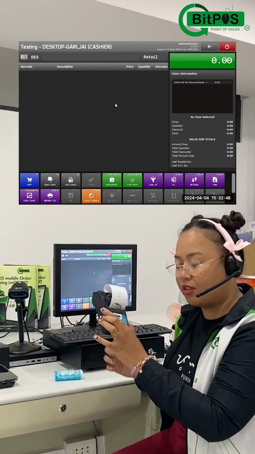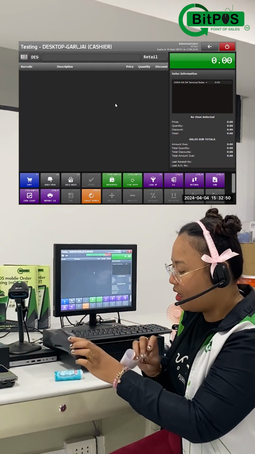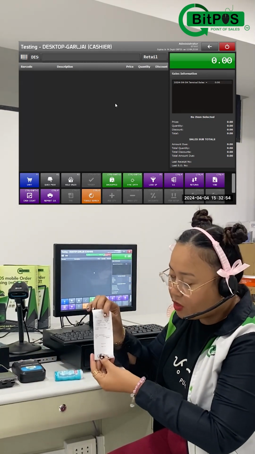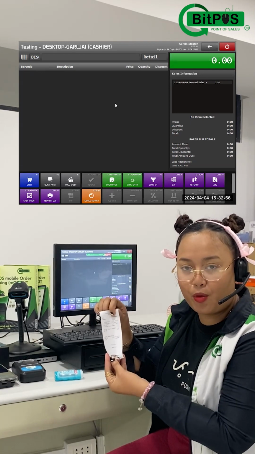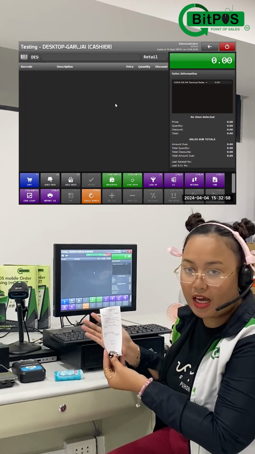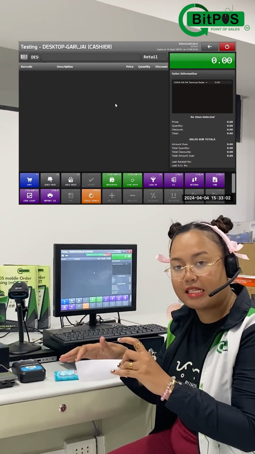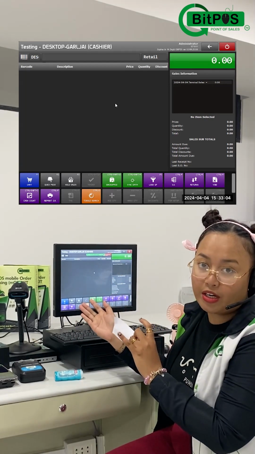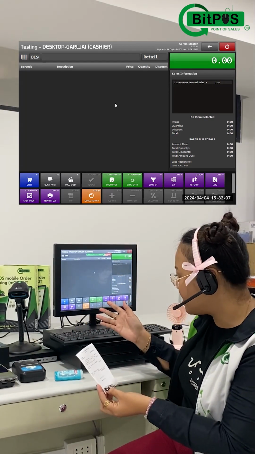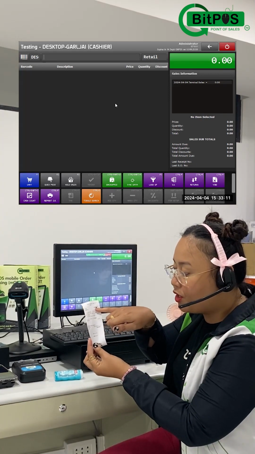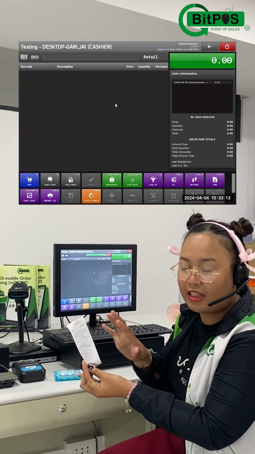Automatically, my Bluetooth printer will print. And this is my order slip receipt. So from this receipt, I am going to fetch this one in the cashiering side. Of course, the pharmacy assistant will get the medicines, put them in a basket, and then give them to our cashiering end. So for the cashiering side, what I'm going to do here is only to fetch the sales order number. I don't need to repunch all the items here.